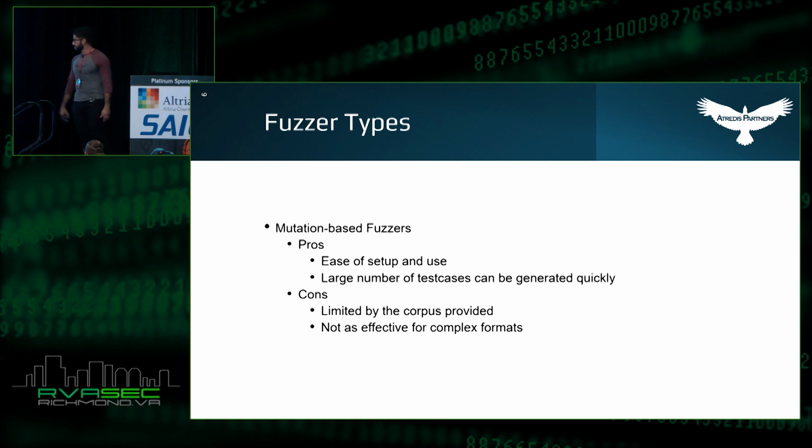The cons of these are you're limited by the corpus provided. You can't hit all the code paths if you give a very limited corpus. And they're not really effective against complex file formats. Next,